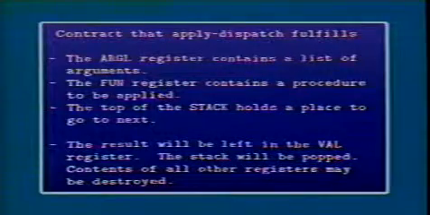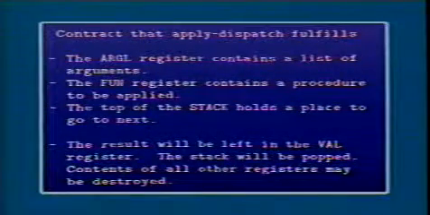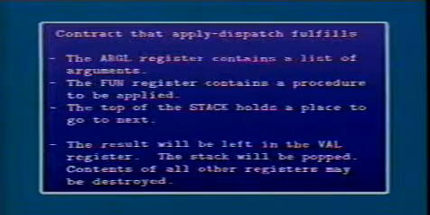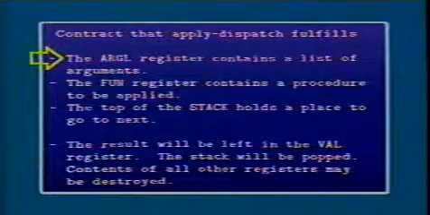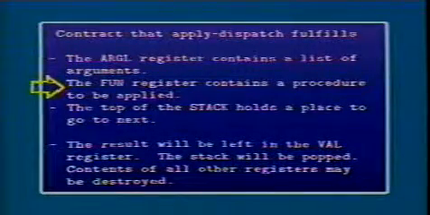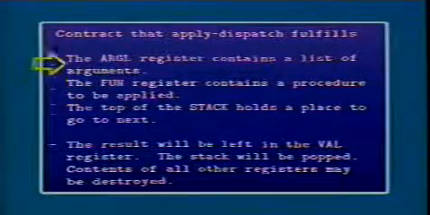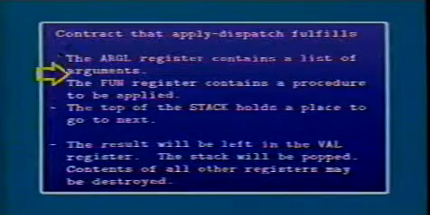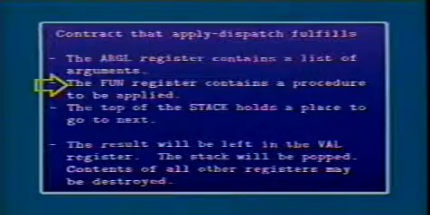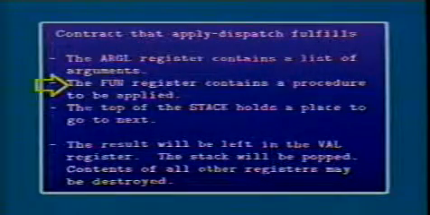The other big piece is apply dispatch that corresponds to apply. It's got to apply a procedure to some arguments. So it assumes that this register argl contains a list of the evaluated arguments. Fun contains the procedure. Those correspond to the arguments to the apply procedure in the metacircular evaluator. And apply in this particular evaluator, we're going to use a discipline